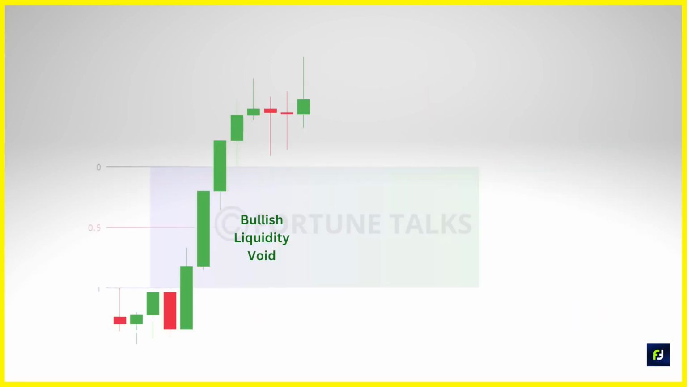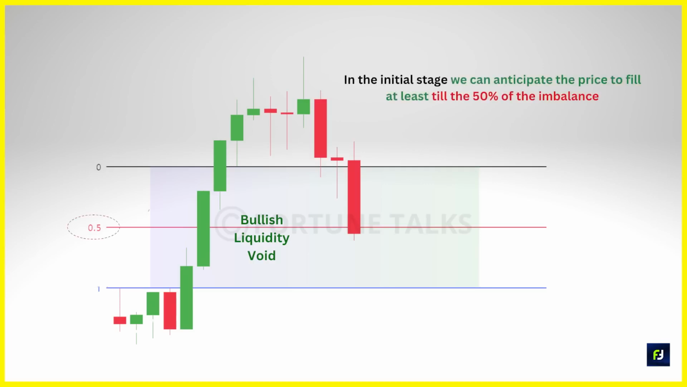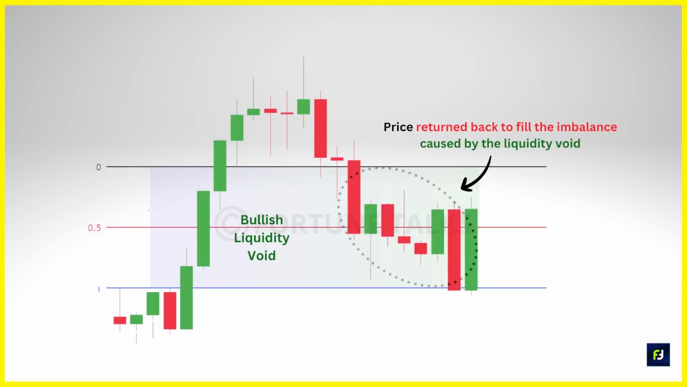dealt with. If we draw a Fibonacci retracement containing only the 0%, 50% and 100% levels connecting the high and low of the liquidity void, then we can anticipate the price to fill at least till the 50% of the imbalance in the first stage. Eventually, the price will fill the void entirely. You can take a look at this example to see how the buy-side imbalance was completely filled over the course